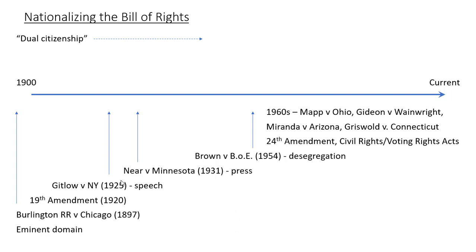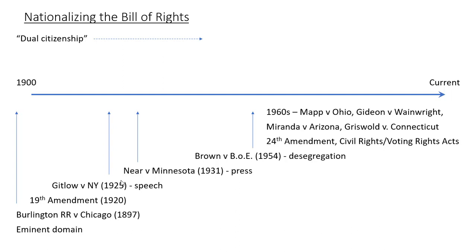And we've already mentioned how a lot of things were happening as we get into the 60s, but there are a few very prominent cases, as shown in the table there, that effectively discredited this concept of dual citizenship, where with each case the Supreme Court is saying, according to the 14th Amendment, the state cannot deprive anyone of due process of the law and equal protection of the law.